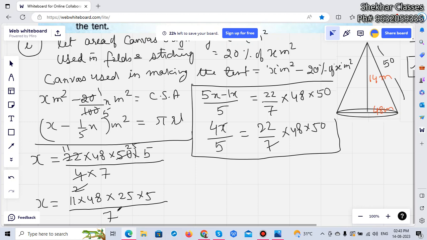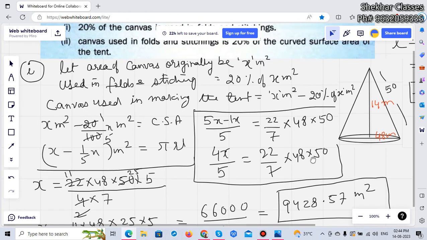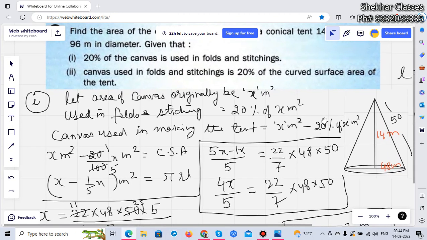So if I calculate this, let's see how much does it come. 11 into 48 into 25 into 5, and this is 66,000, divided by 7, 9428.57 meter square. This is the amount of canvas that originally has to be bought, out of which 20% of this will go into stitching part. Okay,